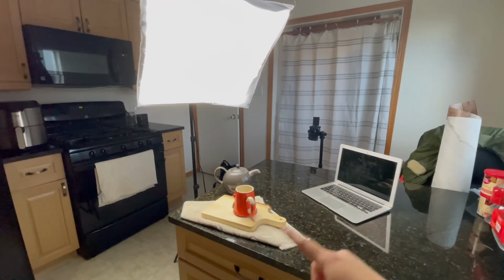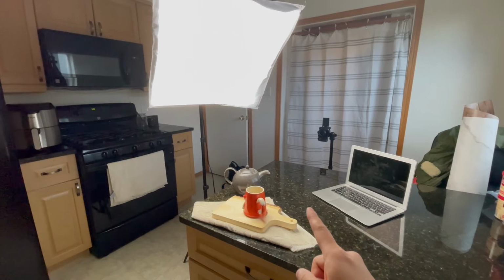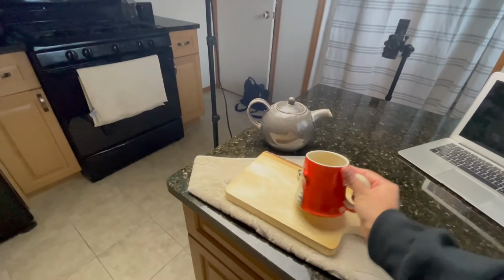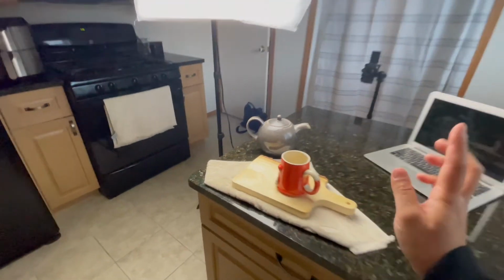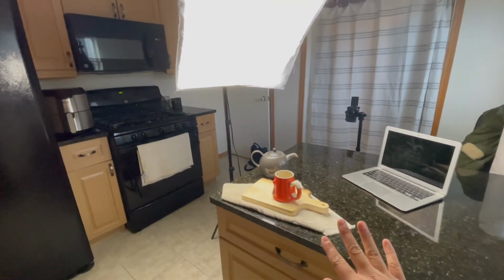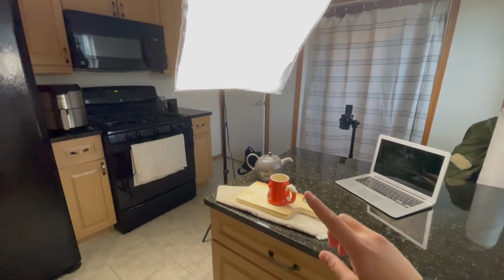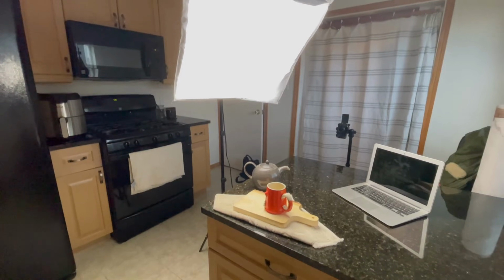And then here's my little prop station. So what I have is, this is the only autumn mug that I actually have, and it's my little fox mug. It's really cute. So I just have my only autumn inspired mug, and then I have my tea brewing in the pot right now. So once it's good to go, then I'll switch the view around so you can see how I'm going to